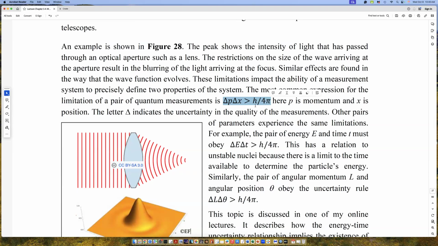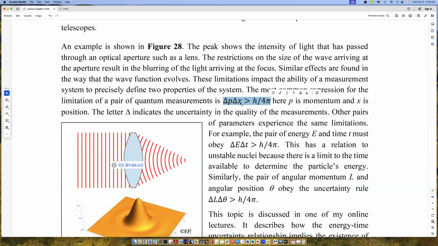The number h represents Planck's constant, which is a tiny little number, so it's irrelevant for everyday life. We don't see any effect of this in our everyday lives, but if you get into the quantum world where things are small, then it becomes a foundational issue that if you measure the momentum of a particle and measure its position, you have to give something up. If you want to make the momentum measurement very, very precise, you have to give up the position measurement. It's going to be uncertain.